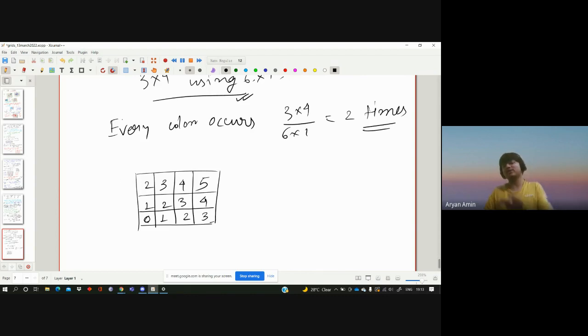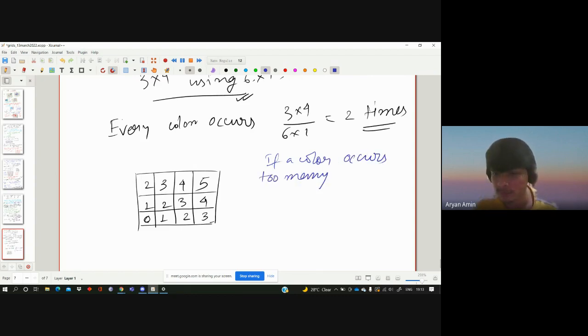So now obviously this doesn't work, right? So now how can you derive a contradiction for the natural case? It would be weird to argue that a color wouldn't appear at all, because maybe in some case it would appear. So now what happens is, if a color occurs too many times, that's a problem, right? So now look at the rightmost corner, okay, and then just look through the diagonal that